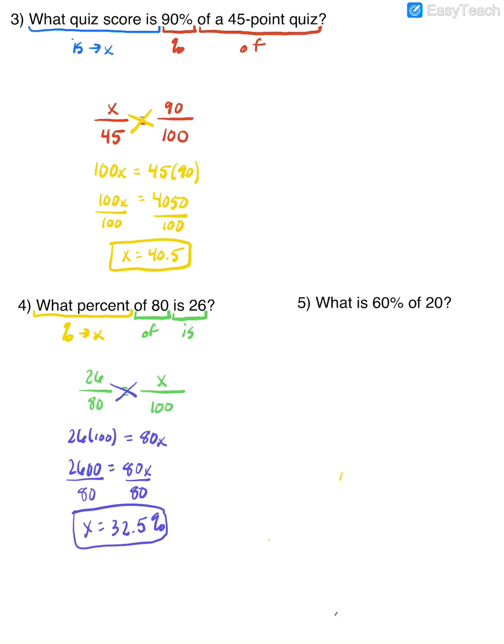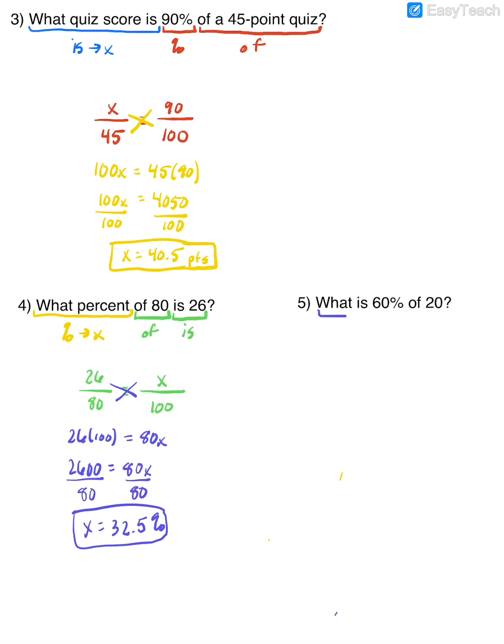Well, I guess if we go back real quick. Number 3 actually did have one because we were looking at a quiz score, so we would say points. Okay, so you can add that in. Then the last one here,